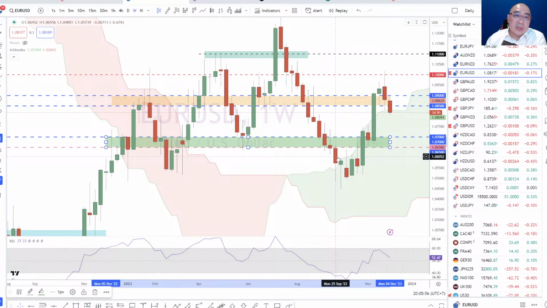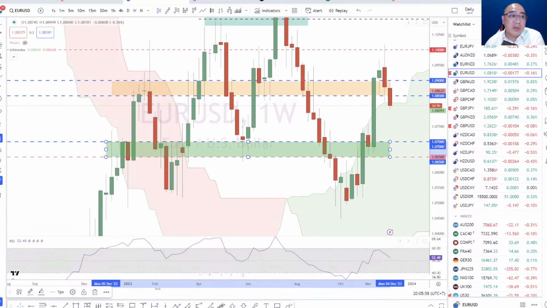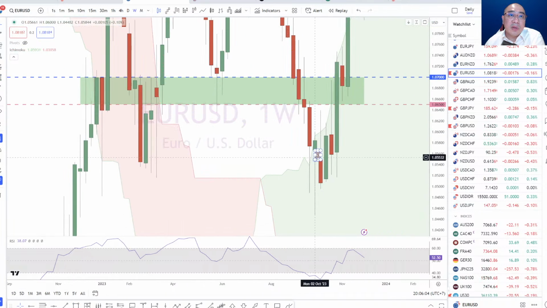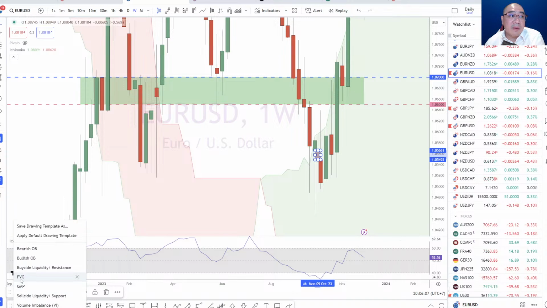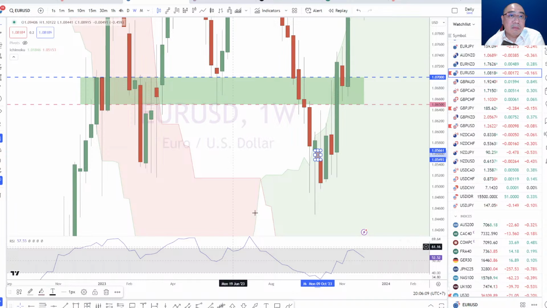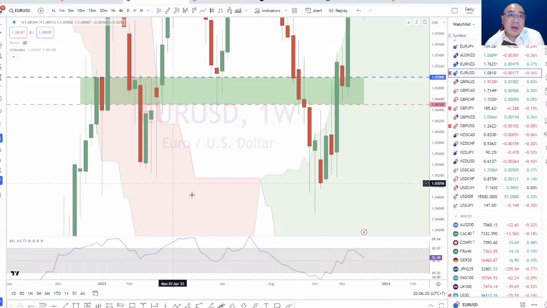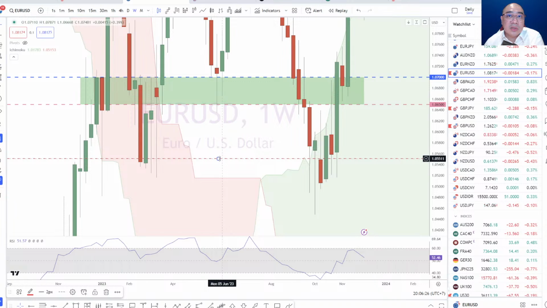Is it valid? Yes, of course it's valid. For example, this one here, there's a little bit of a volume imbalance. Do you guys see that? There's a VI over there. In the future, does that mean something? Yeah, potentially it could be a future support area, but I wouldn't look at that as the reason why it would be a future support area. I would actually be looking at other things. Maybe I'll look at this one here. Oh, 1.0550. So that's something easier to remember.